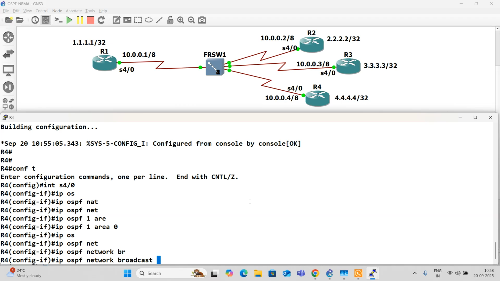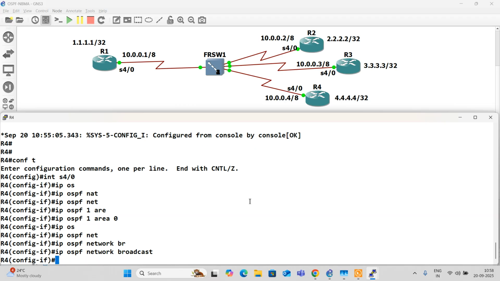We'll do it, but we cannot get reachability. That's the drawback because we don't have full mesh. I'm just telling the condition. If you are enabling network type broadcast, there is going to be DR-BDR, and it is expected to have full mesh. That is what I want to say.